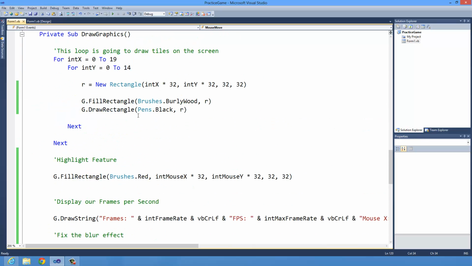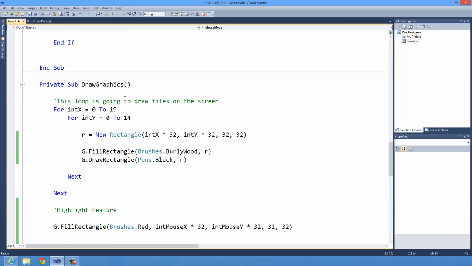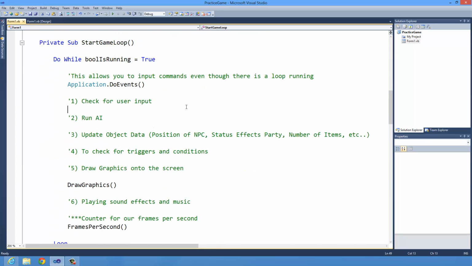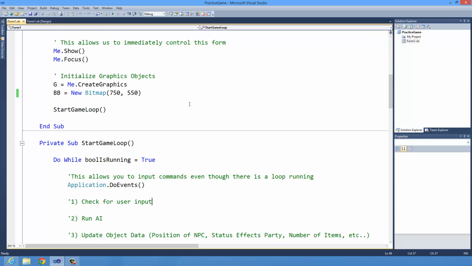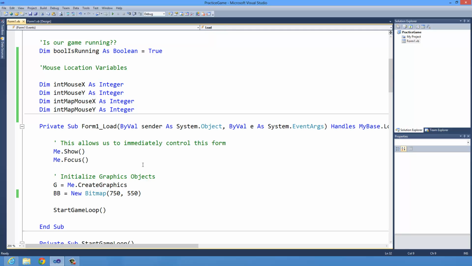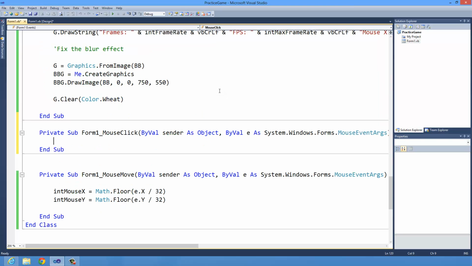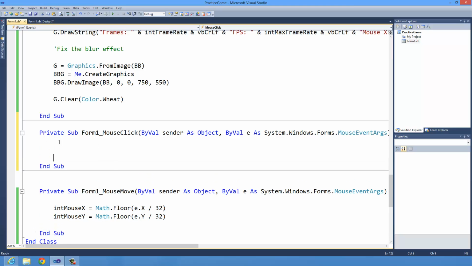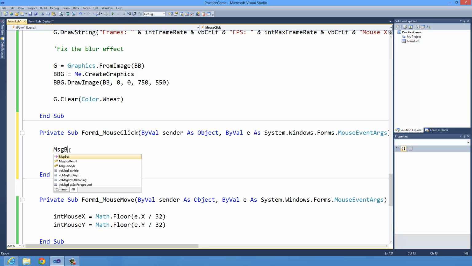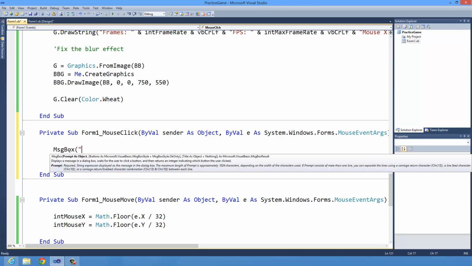So go to your main program, click inside of it anywhere, and then look for the MouseClick procedure, which is right here, MouseClick. Click on that. It'll create a MouseClick procedure for you. And now let's have a message box display. You should be fairly familiar with message boxes. And it will tell you what tile you're attacking. So you attacked tile